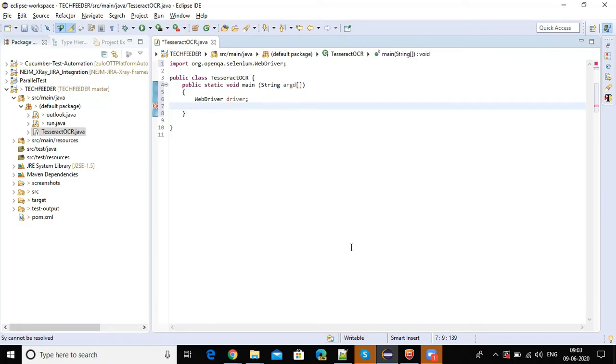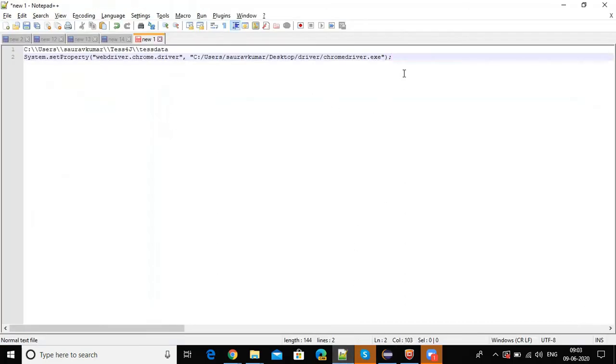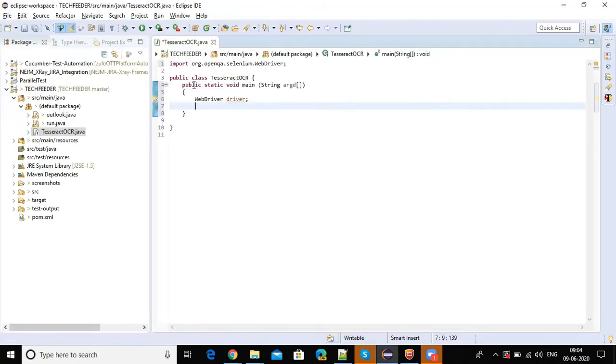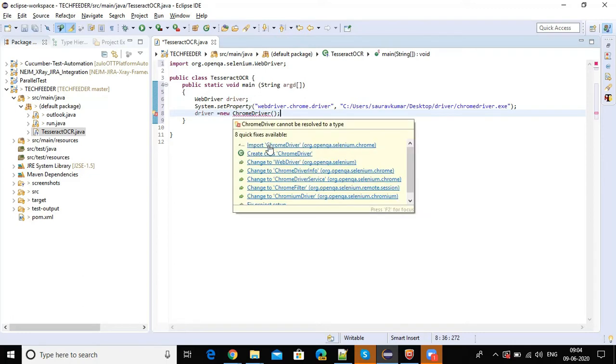Let me copy that path. Fine. Now driver equal to new ChromeDriver, so we are currently working using Chrome driver. We will initialize this and import this.